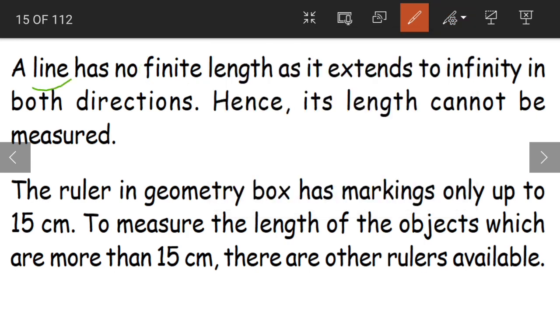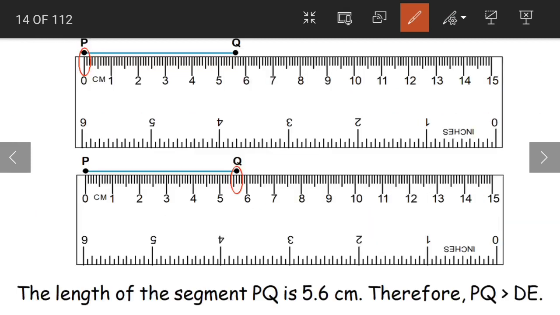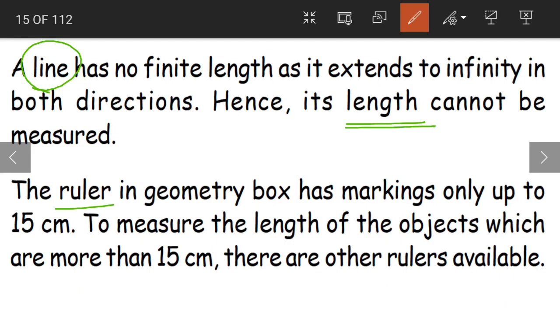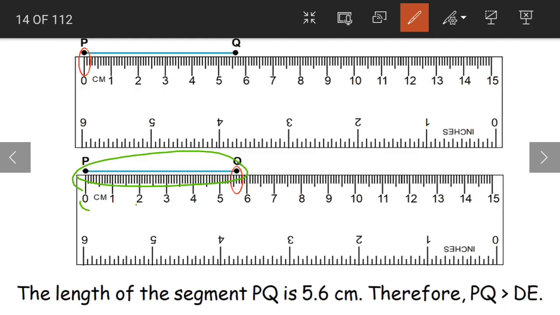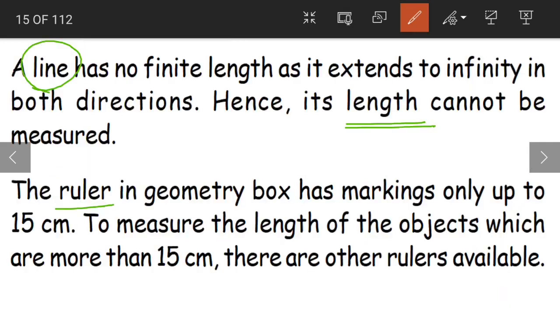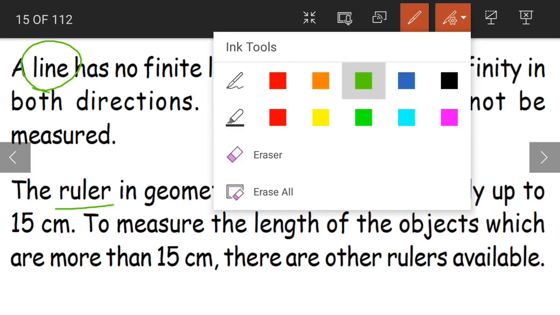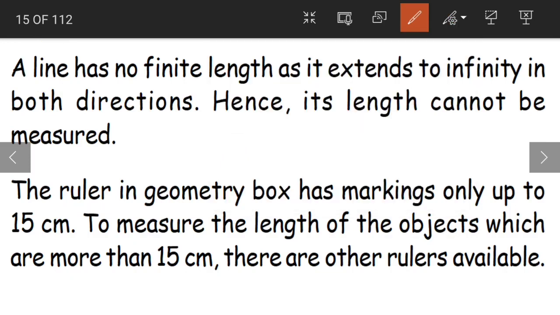So what did we learn today, children? That for a line we cannot find out its length, but if you want to find out the length of a line segment, we can do it using a ruler. Now again, one doubt might arise that the ruler has markings only up to 15 centimeters. So what should we do if we have a large line segment like this, which is more than 15 centimeters? For that we have bigger rulers. Okay children, bigger rulers which help us to measure the lengths of such larger line segments. Okay, now with this we'll